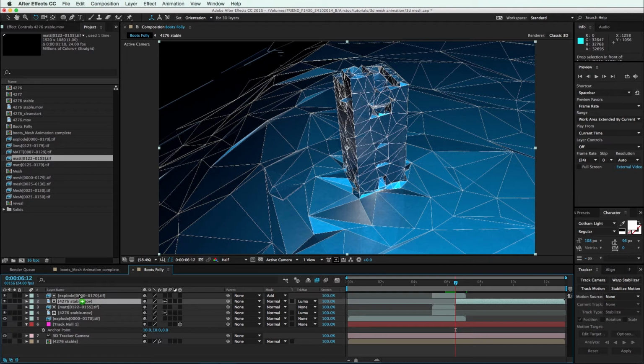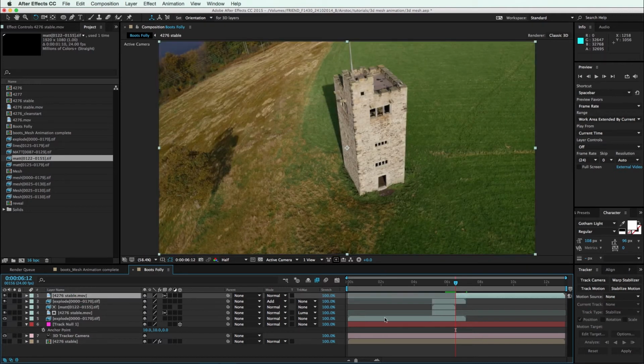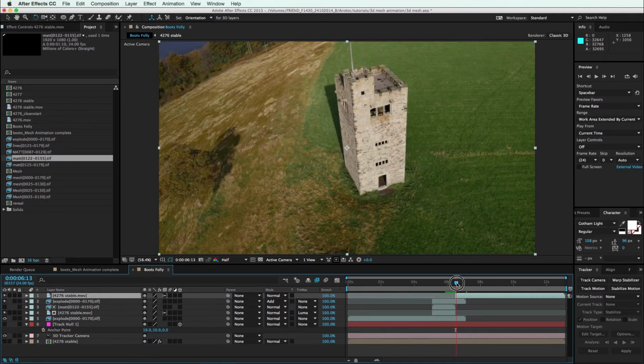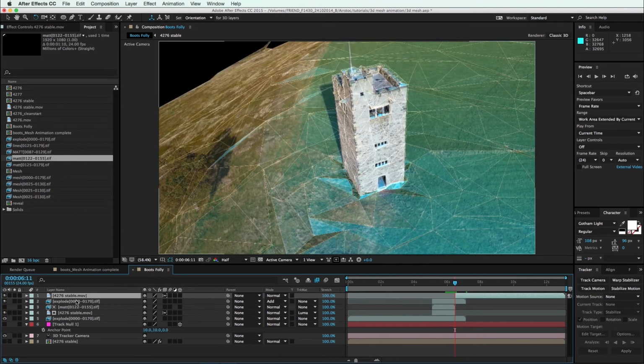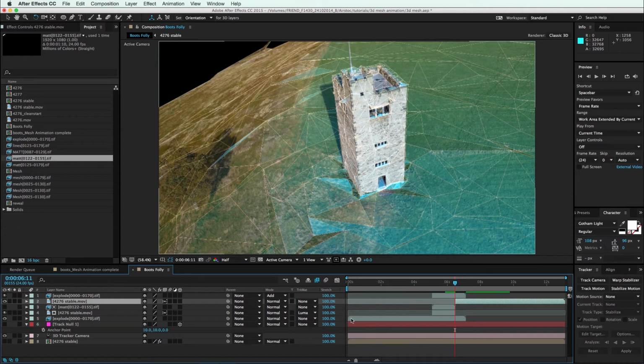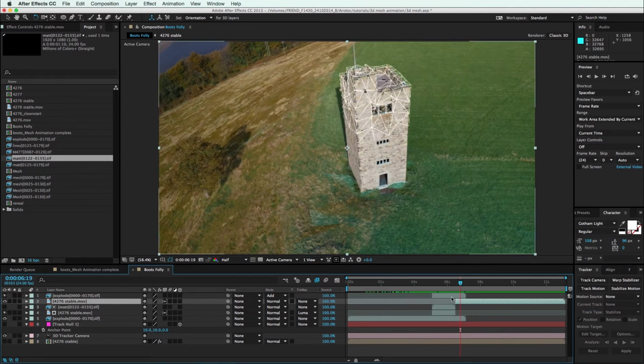This we can cut and place on top, so that, oh no, yeah, we just want it on there. Take this off. Let's